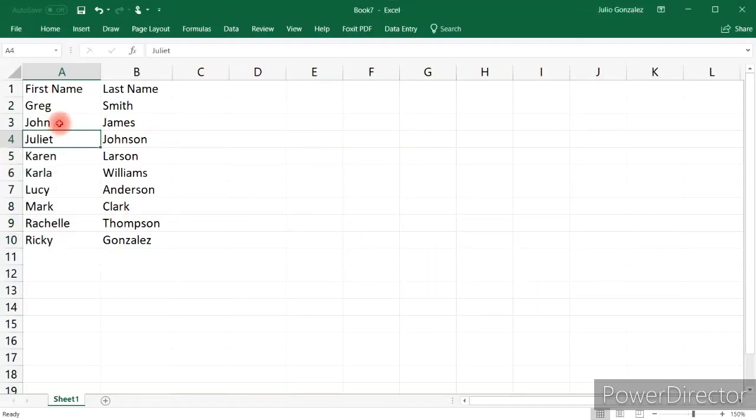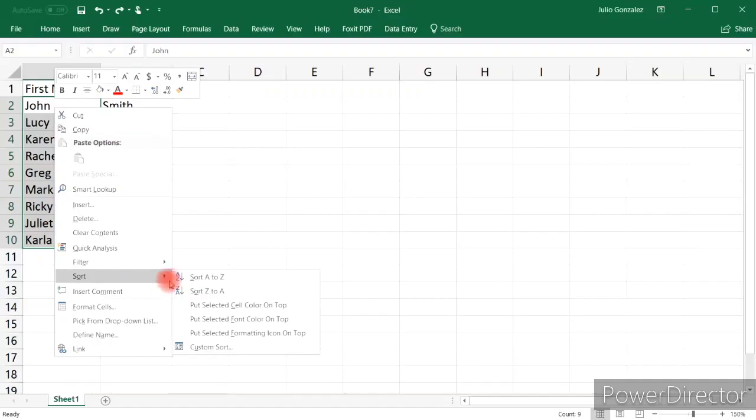There is no change. Now look at the screen. Instead of John Smith, you will get another name, John James. So what we have to do? Just click on undo. Click on the undo button and just once again you select the first name, right click, sort